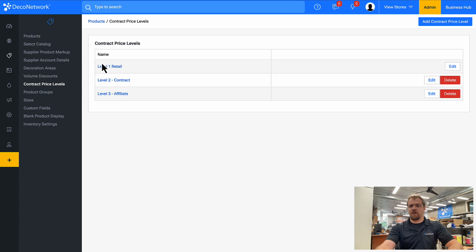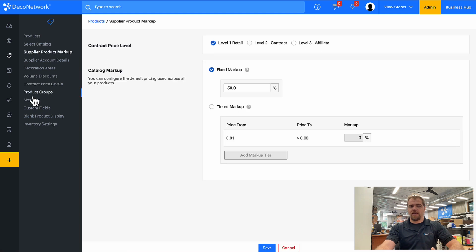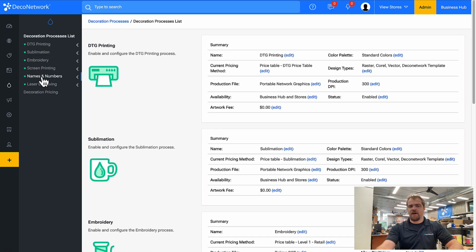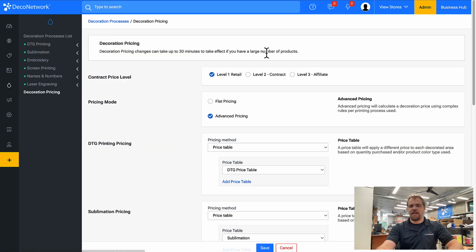These price levels will allow us to assign different blank product markup amounts and or different decoration process price tables. So we would most likely be creating a contract price level for some of our processes, assigning those tables to these processes, and then whenever we create a quote or an order, it's going to be using the accurate price that the